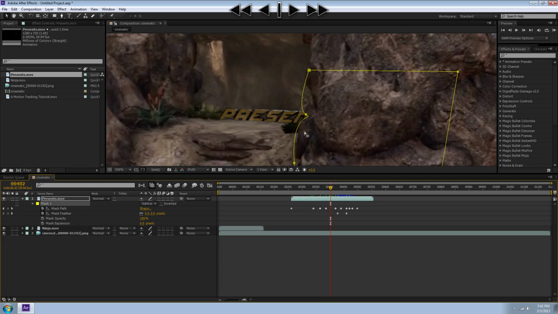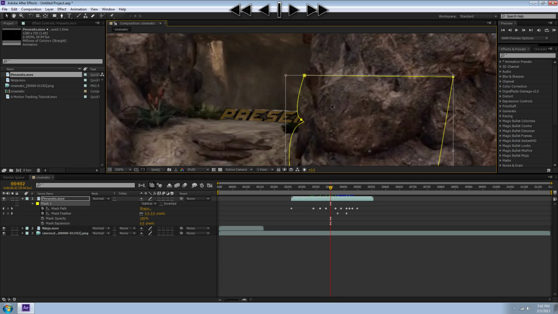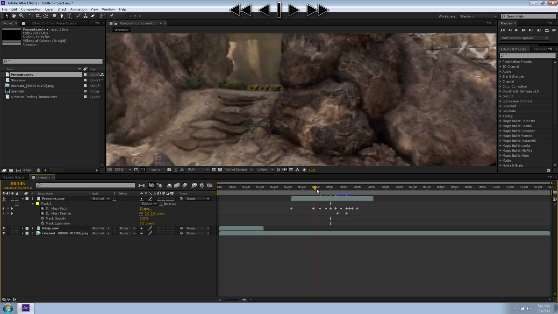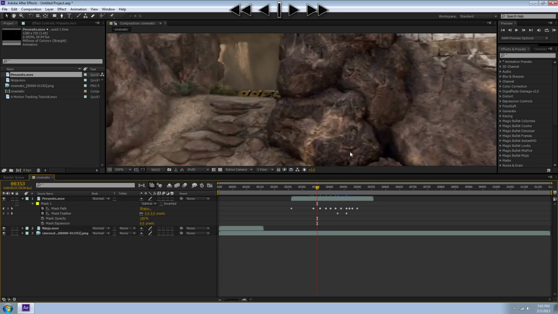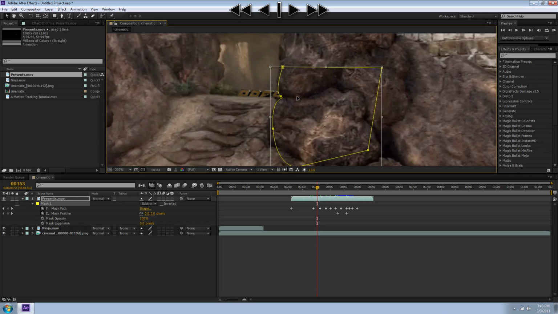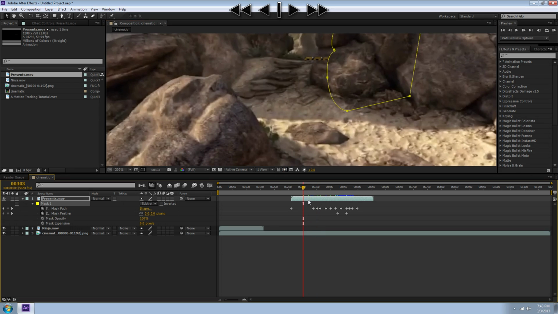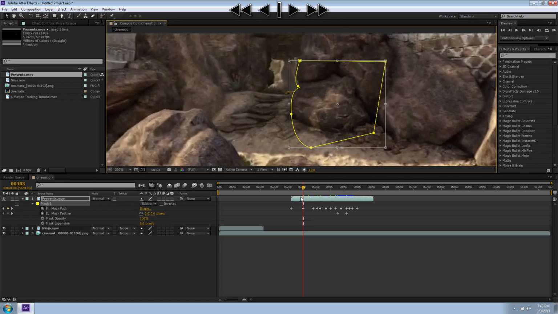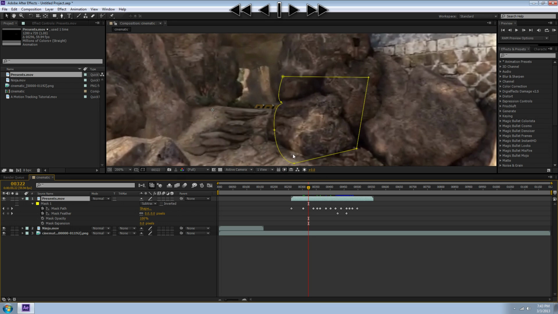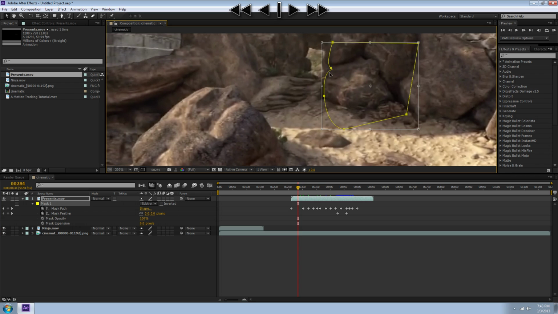If it's not covered up for like one frame, it won't really matter. It doesn't have to be super specific, but just to make it as real as possible, try to make it look like it's covered up by that boulder. So right here, I can move the mask over, and right here there's a really big gap, so I'm gonna move the mask over right here. Just move that over, double click, and just move it over, and just go between each space to cover up